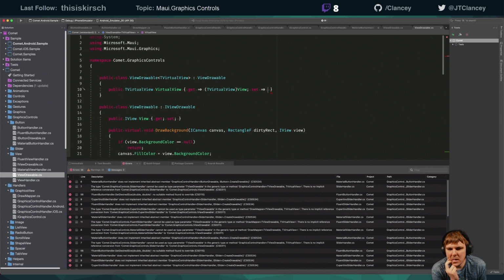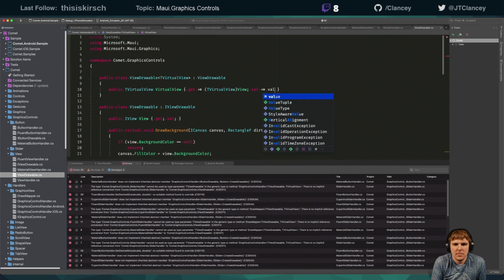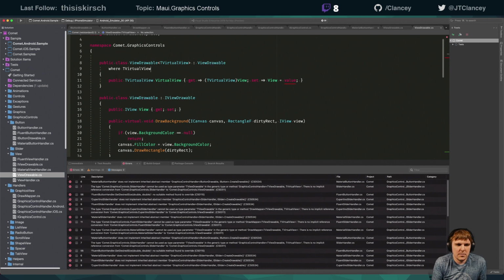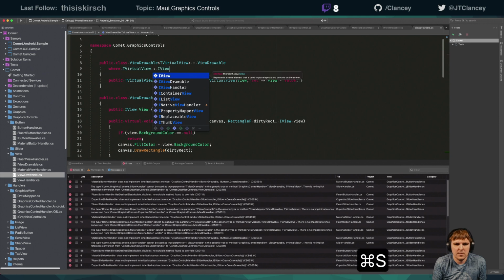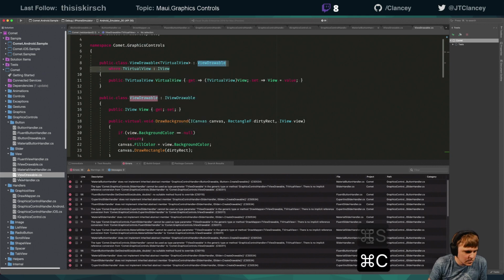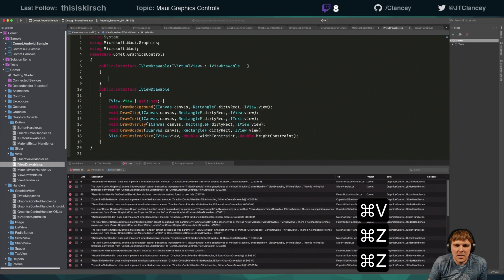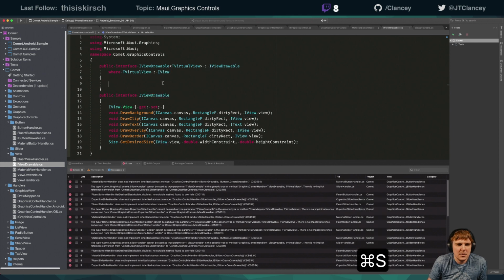Now, if I do this right, I can do, and we'll just need to do where T virtual view. Right, so now if we do that, now, if I do that, I can do